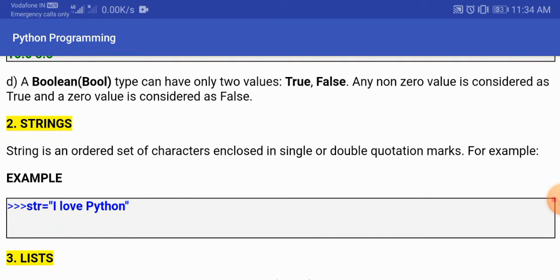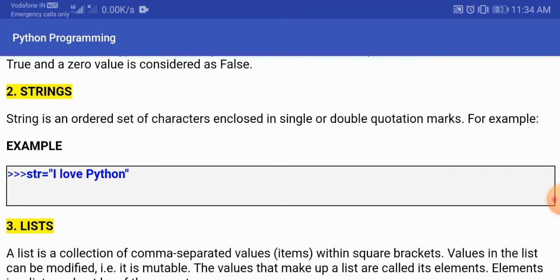Now moving on to the strings. A string is an ordered set of characters enclosed in single or double quotation marks. For example, str equals "I love Python". So in this case you can see we have given I love Python in double quotes. Okay, but if we wanted, we could have given it as single quotes as well.